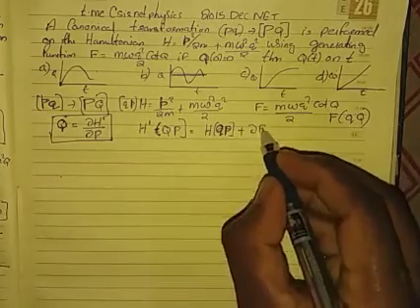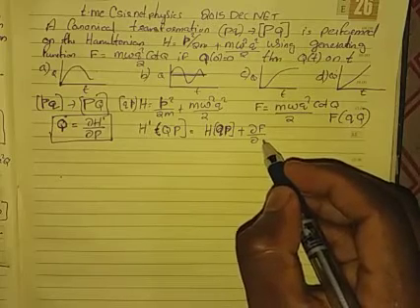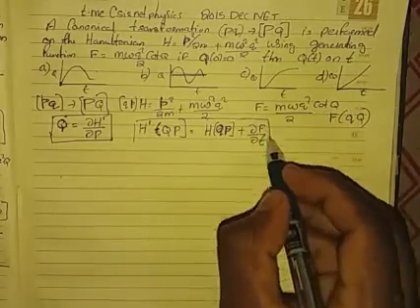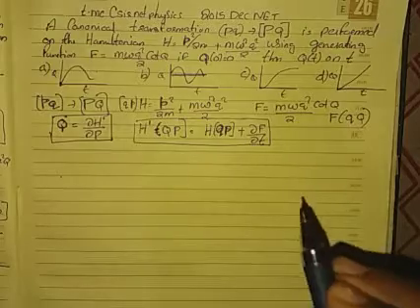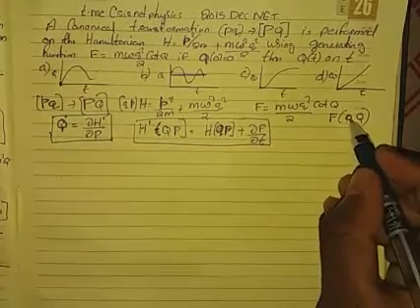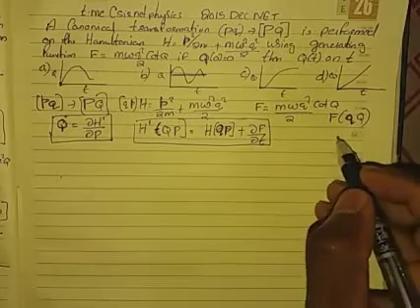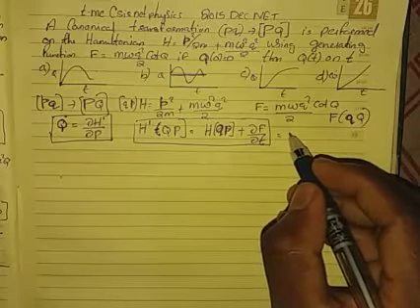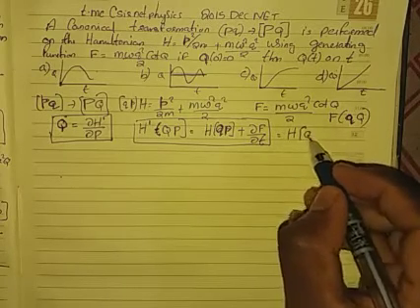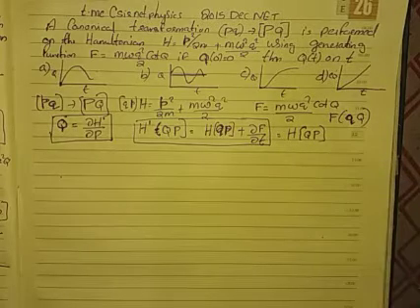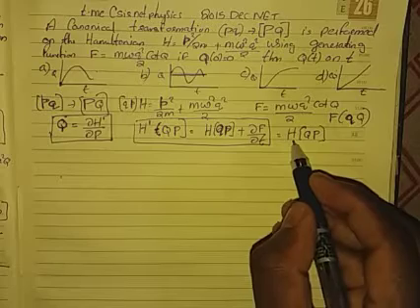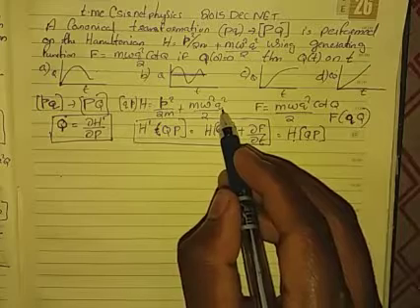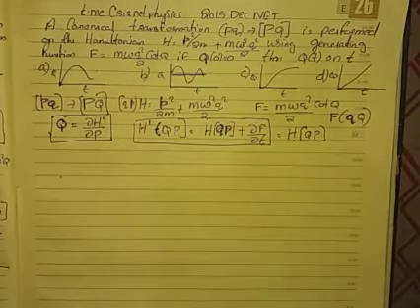plus dou F by dou t, of course. This is the transformation condition for a Hamiltonian using the generating function. As you can see clearly, this generating function is of the form F of q and Q. It has no time dependence, which means this term vanishes, and the new Hamiltonian will be equal to the old Hamiltonian written as H of capital Q, capital P. So all we need to do is transform this old Hamiltonian in terms of capital P and capital Q instead of small q and small p.